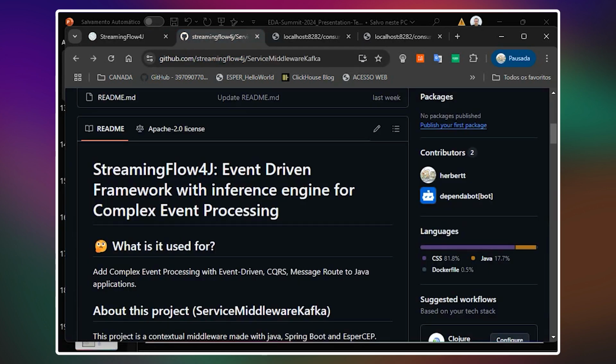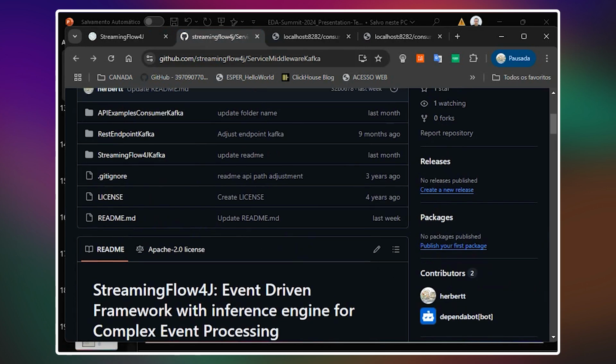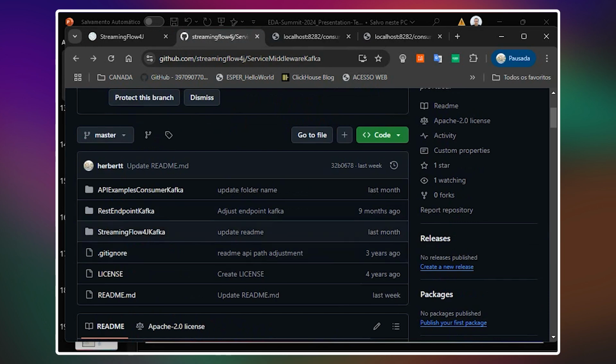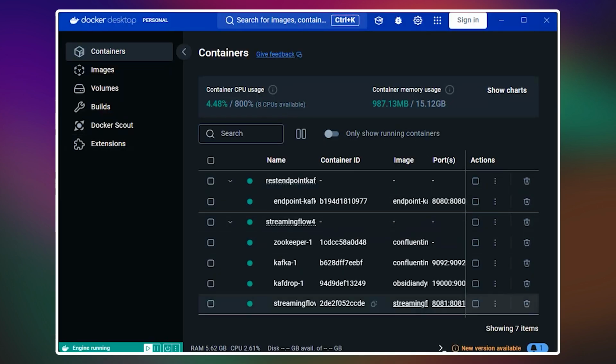And well, returning here, you can make the deploy of the code. You can just use Docker and make the building and deployment. And as I did here, it's already here. I made the deployment of the system in Flow4j and the REST endpoint. This is our orchestration layer, administration orchestration layer here.